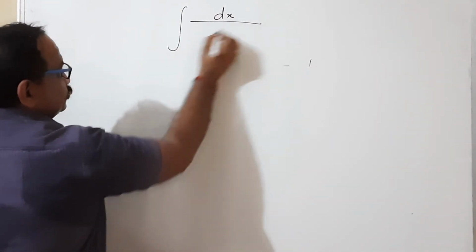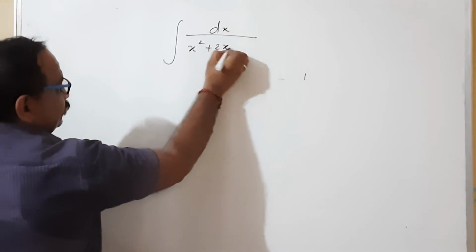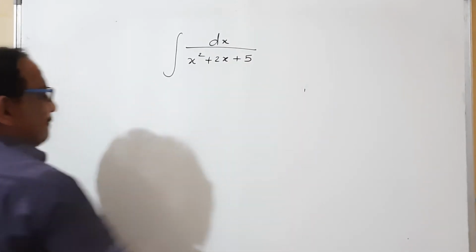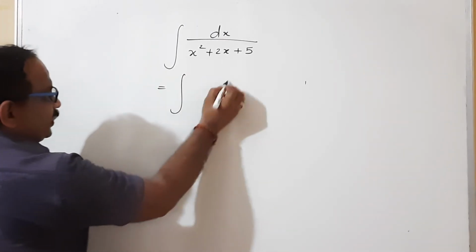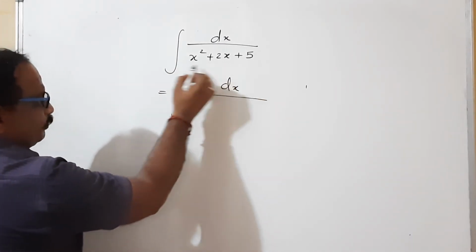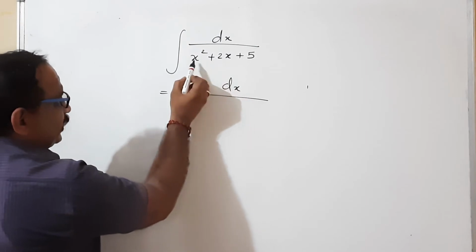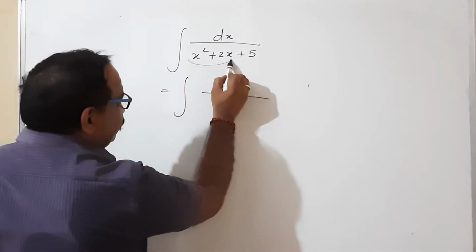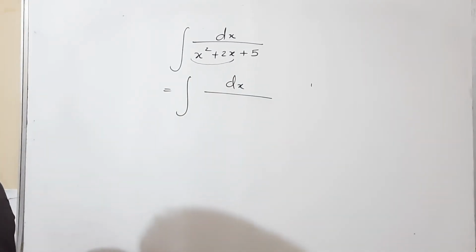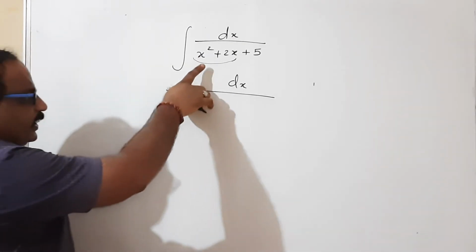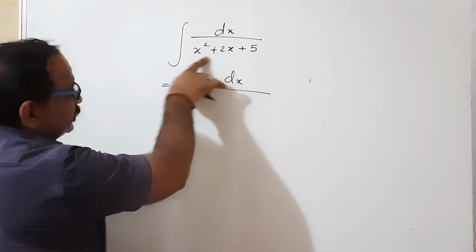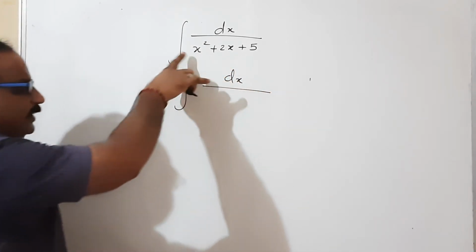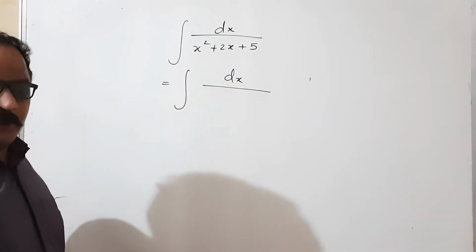Say the question comes to us, the integral of dx upon x square plus 2x plus 5. Now we have to integrate it. How can we integrate it? Just see, we have to make a perfect square using the terms containing x. Remember what I said to you. We have to make the perfect square including the x terms. Where the x occurs, we combine them and create a perfect square. And that's a very easy job.